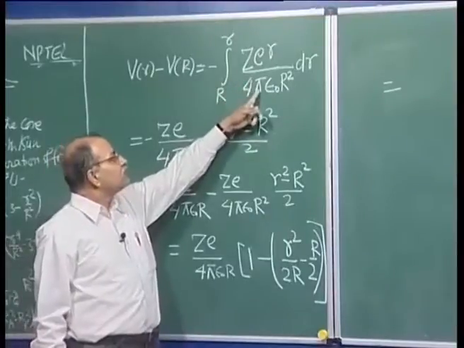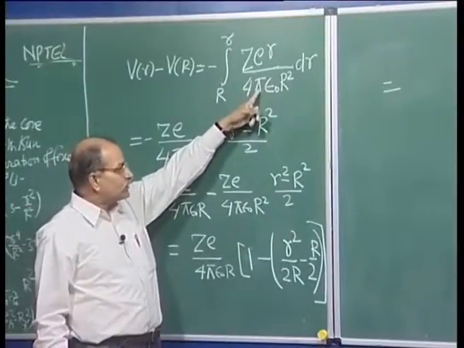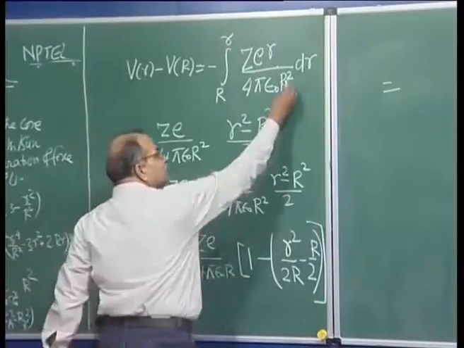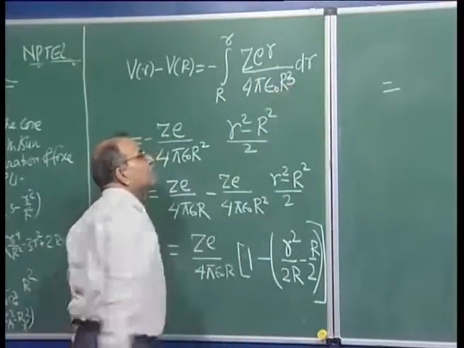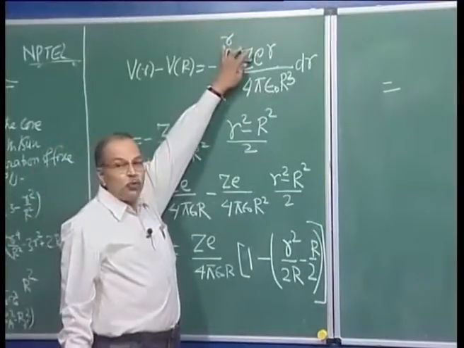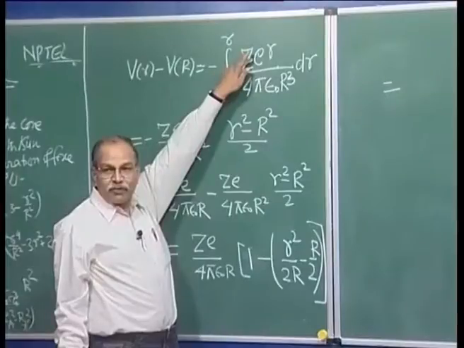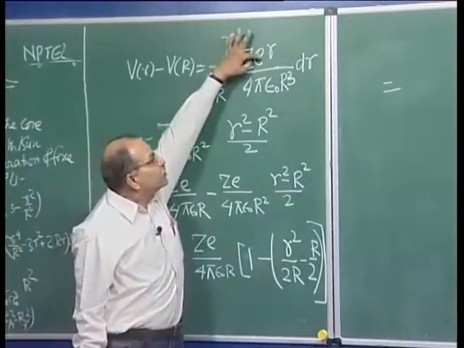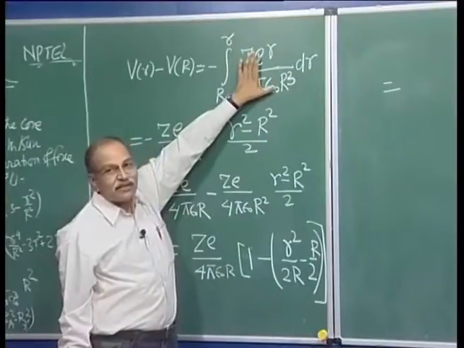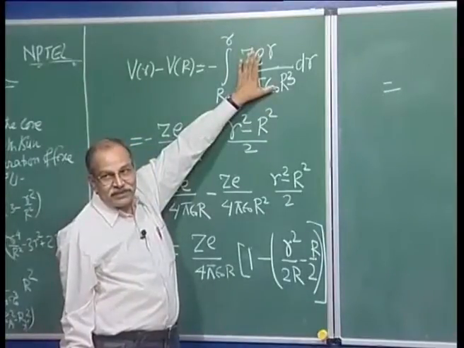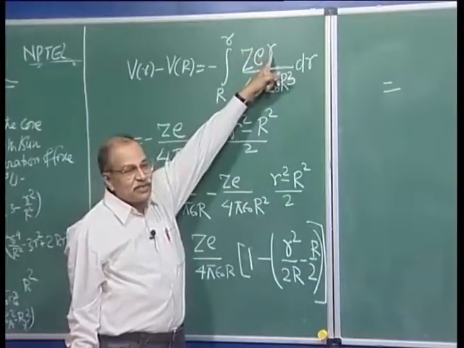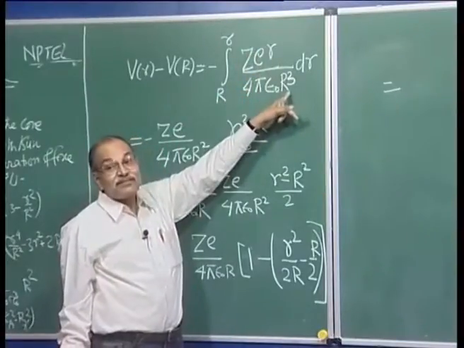Is this the electric field? No, it is not the electric field. The electric field should be q by 4 pi epsilon naught r square. So, here is q and then 4 pi epsilon naught, it should have a dimension of 1 by r square. So, if it is small r here, it has to be capital R cube here.